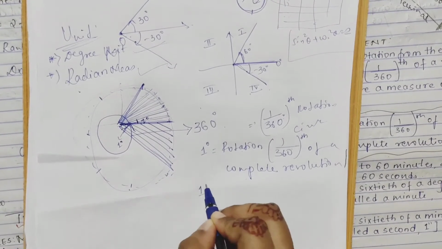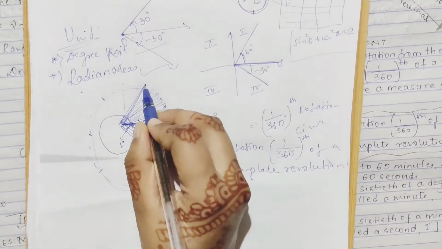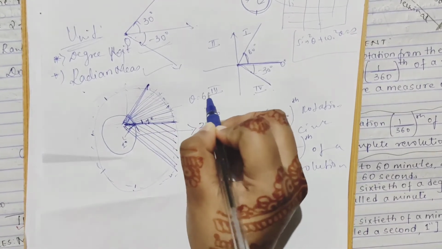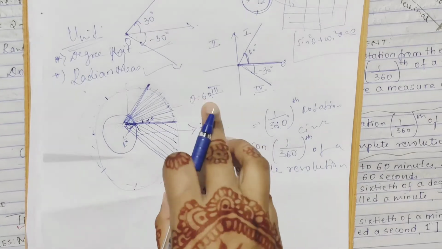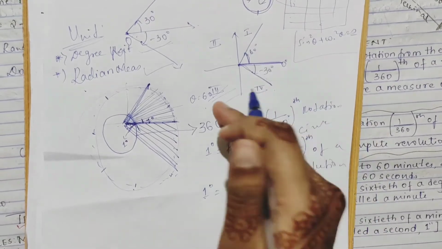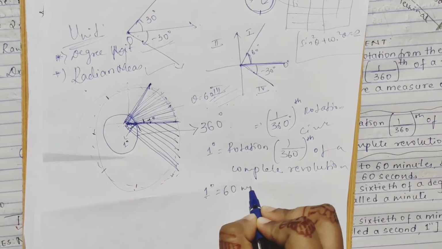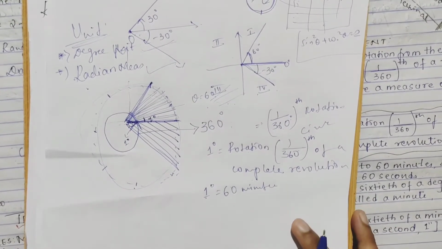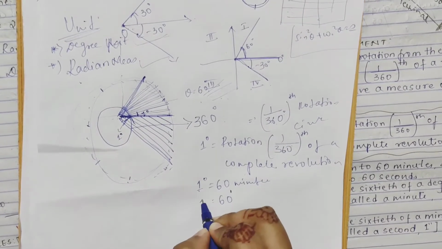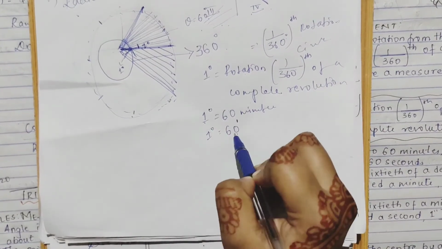Now this 1 degree also is divided. Whatever angle you had taken, now we take theta, theta equal to 60 degrees or 30 degrees. Here I had made degrees only, and in this also there is the part which I said 1 degree. Now this 1 degree is subdivided, that is, divided into 60 minutes. I can write it like this, 60 minutes. So 1 degree makes 60 minutes. The degree is again divided into minutes.